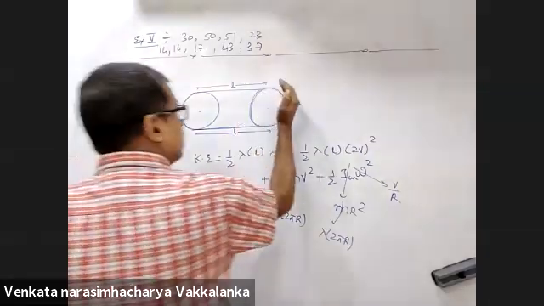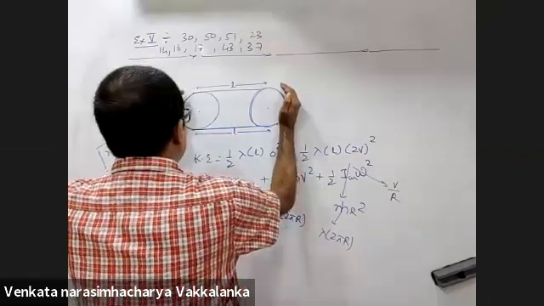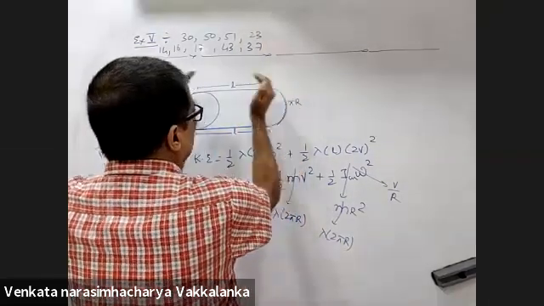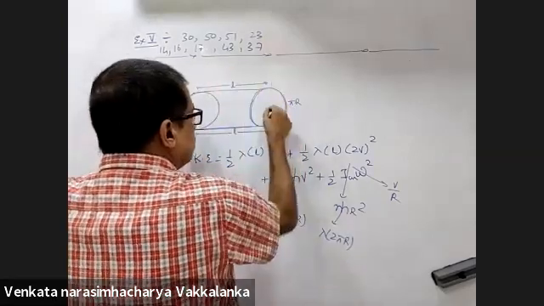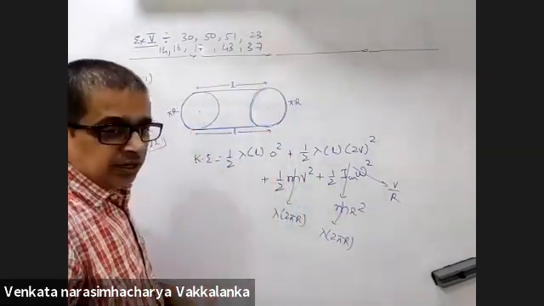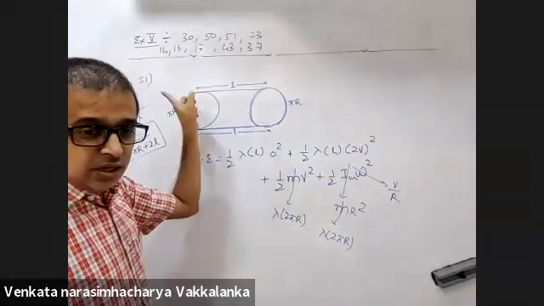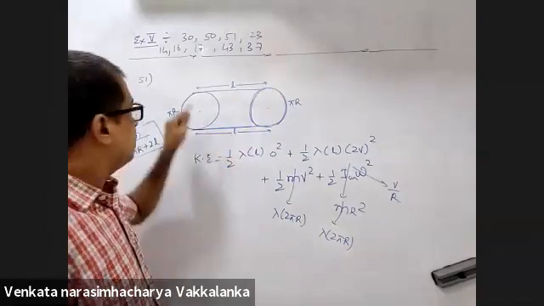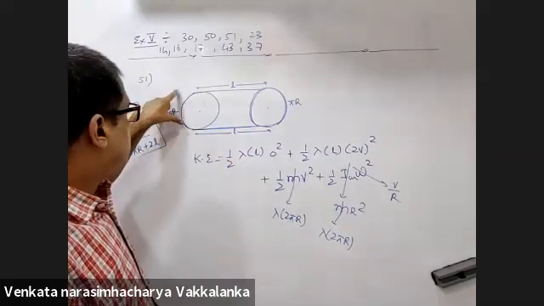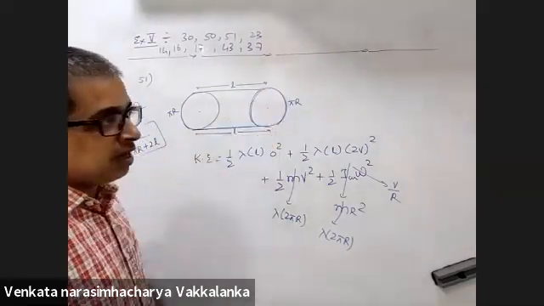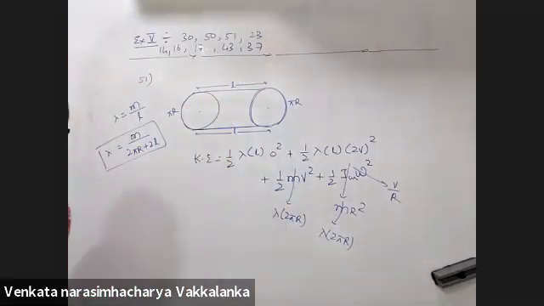One ring, where will you take care? This part is one semicircular ring, this part is one semicircular ring. Combine both. These discs you didn't consider, you only considered the belt. If you take the belt, this side will be a semicircle, this side will be a semicircle. Both put together will be a ring.